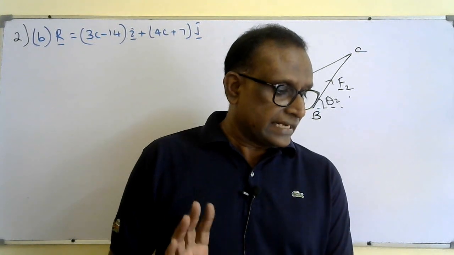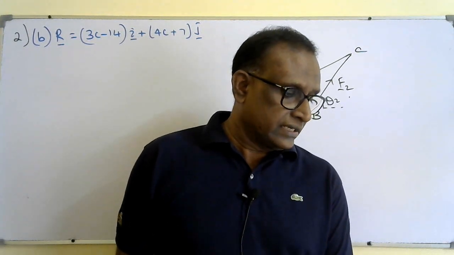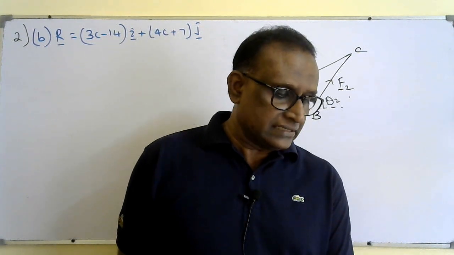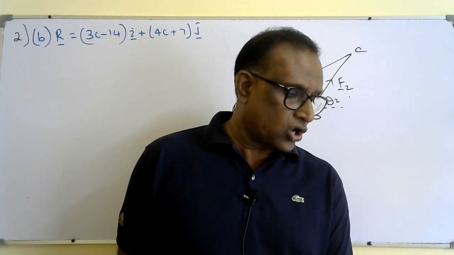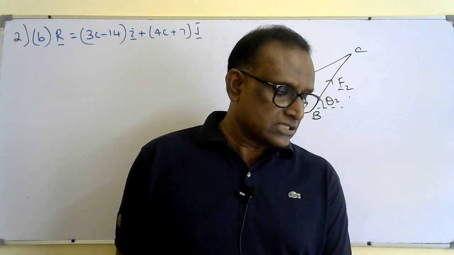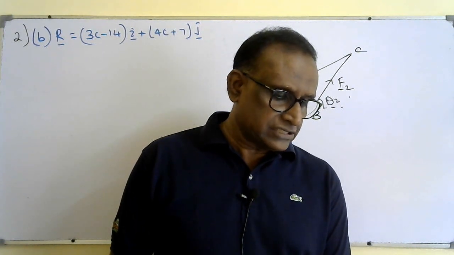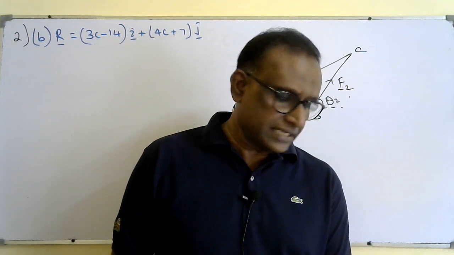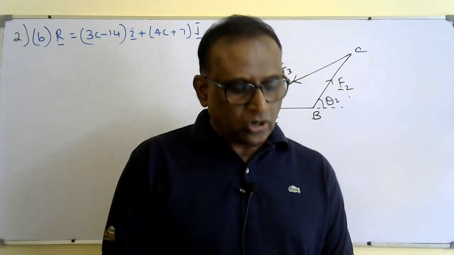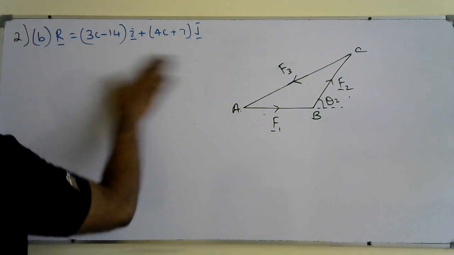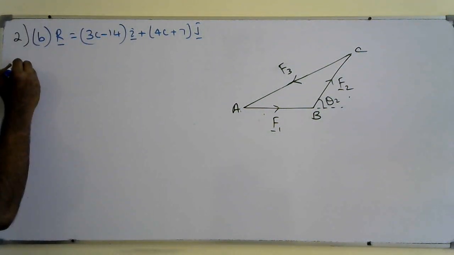Anyway, given that C is equal to 2, find the size of the angle between the direction of i and the direction of the resultant force acting on P. So we need to find the resultant force. We got the general equation in terms of C. So when C equals 2,